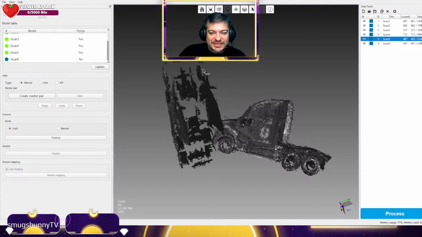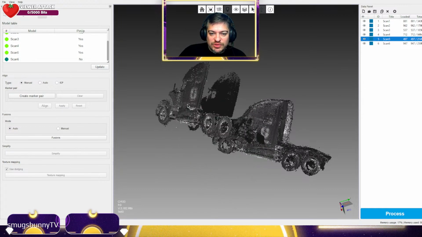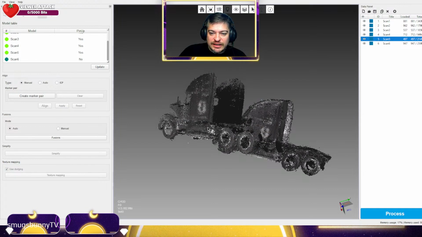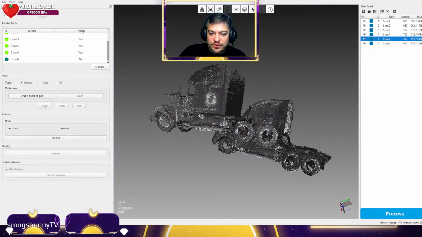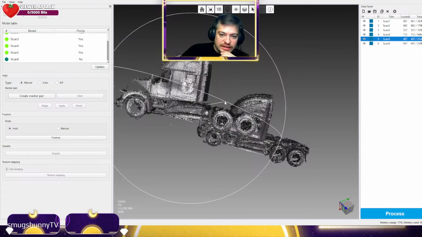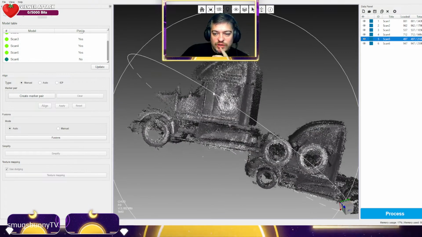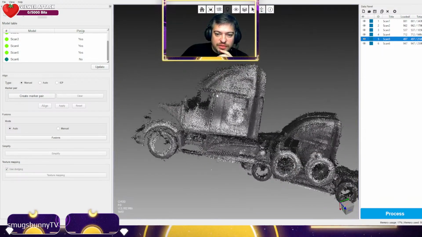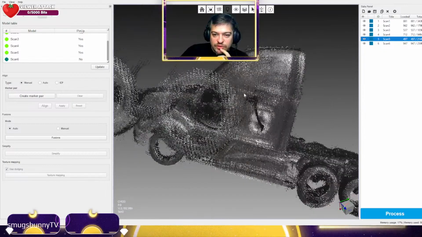That's pretty much it. They don't tell you all the different tools that are available to you when doing all the lining up and all the cleanups, which does suck. I did learn on my own the things that I would use, but I'm pretty sure there's probably better things to use. But I know for sure the only way to line things up is to use the marker pairs. So again, we're gonna line that top of that door